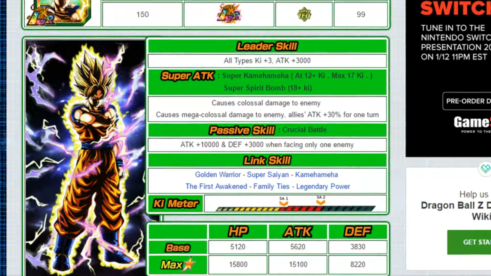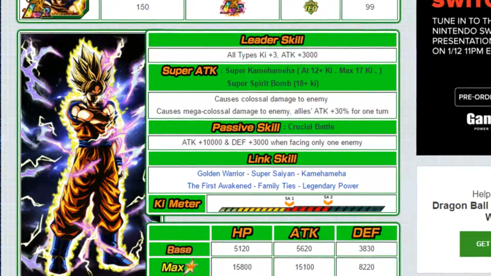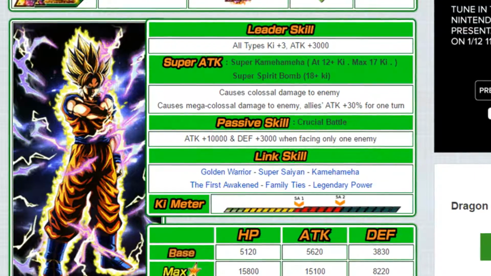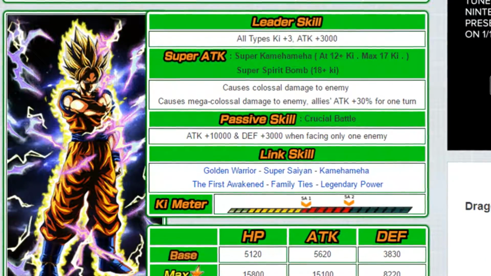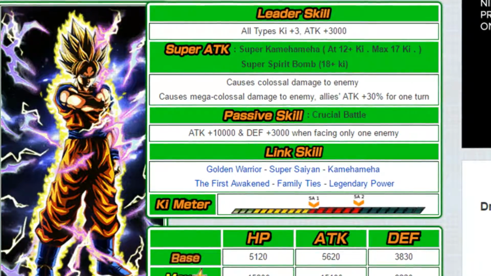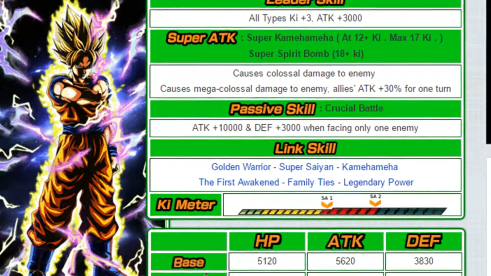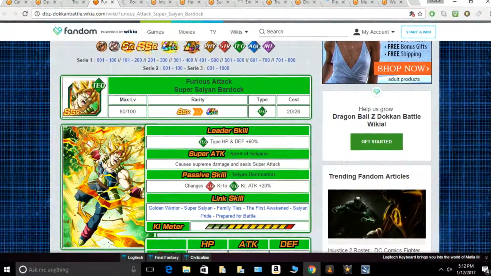And his passive is attack plus 10,000 and defense plus 3,000 when facing just one enemy. And he doesn't have very good key links, which is why you really need the next card in the list if you really want to run LR Goku to his full potential. He'll still do pretty well regardless, and a lot of this team is tailored to help out LR Goku because he doesn't have very good key links, and you really want to get to that 18 key super for maximum results. So let's go to that buddy we talked about a little bit earlier, and that is our boy Super